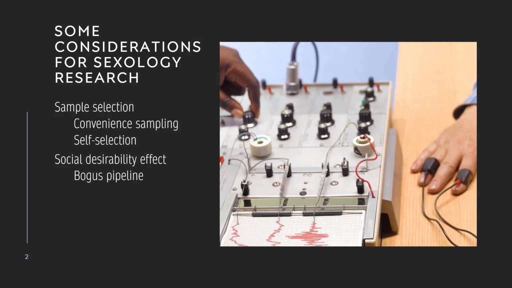I've already touched on a few of these topics, but wanted to go over them a little more in depth. So when conducting sexology research, researchers have to be very mindful of the sample they select. A lot of the times, researchers will use convenience sampling. So this is when our sample consists of participants who are easy to access. So if you're familiar with the SONA system at ISU, this is a method of recruitment that researchers use that